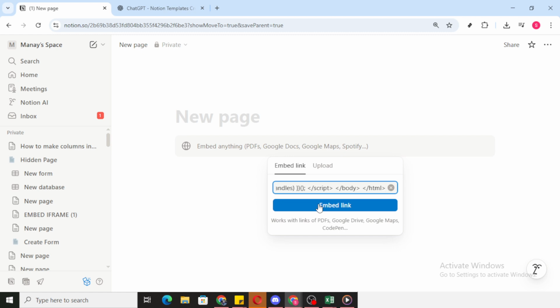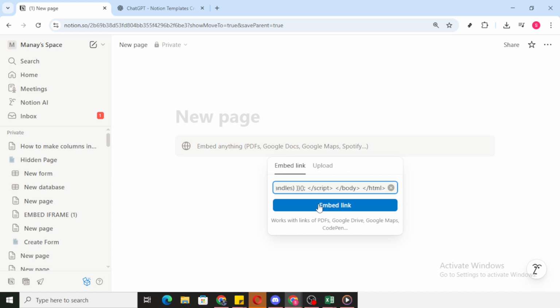Once the timer appears, you can resize the block by dragging its corners or edges to make it fit your layout. If the timer looks cramped, give it some space by adding empty lines above or below, or move it higher on the page so it's easy to see. If your embed supports styling, you can adjust colors, fonts, or labels directly in the timer tool and then update